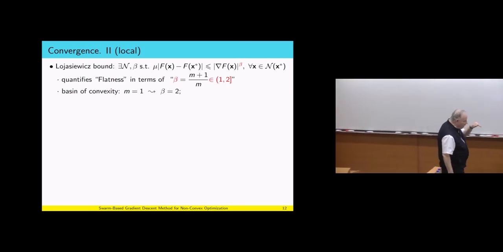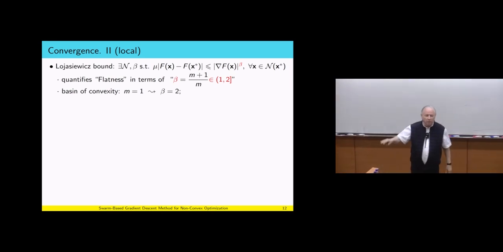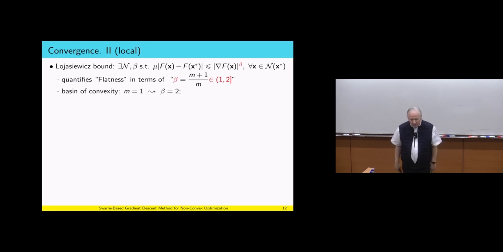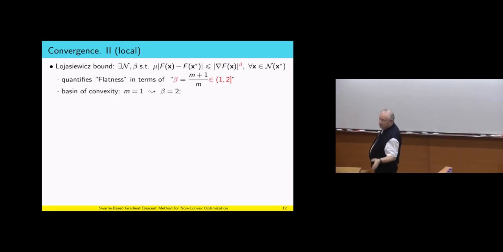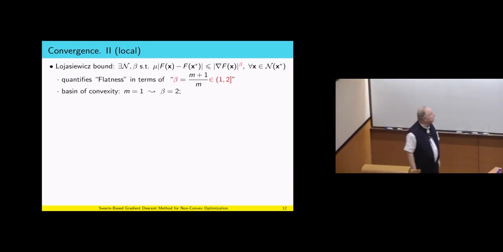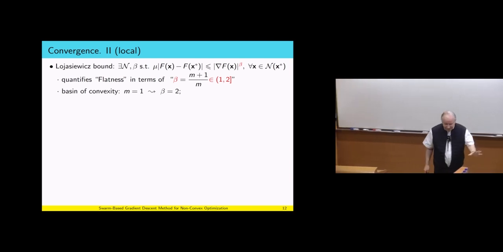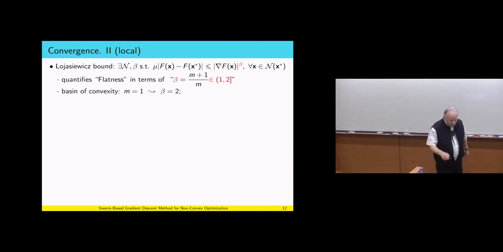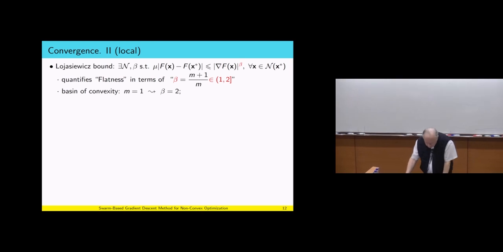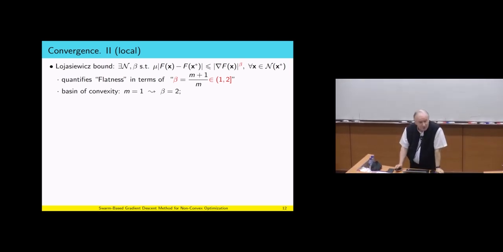And as you go to 1, you get something which is becoming more and more flat. And this is a fundamental property of all analytic functions. And trust you me, once you have that, you can quantify the convergence rate of many iterative methods for analytic functions. Anyhow, it goes way beyond just the Lojasiewicz bound, beyond of course, application here, but I found it interesting.